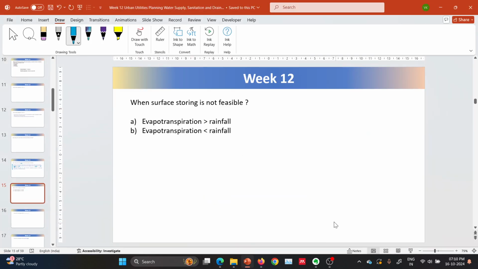When surface storing is not feasible. So surface storage means this is the ground and you are storing the water in the pond. Let's say this is the pond. So when it is not feasible, so what is evapotranspiration? Let's understand. So here there are trees. So evaporation and transpiration is called